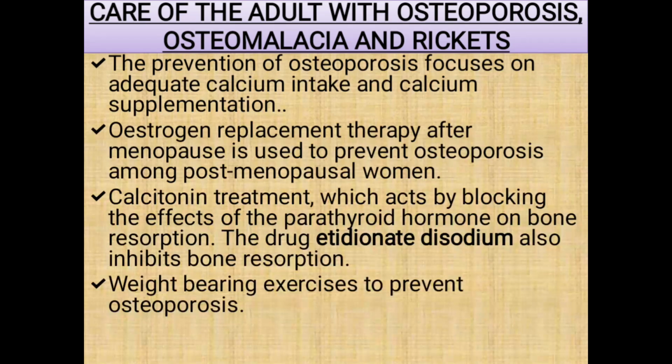So calcitonin treatment acts by blocking the effects of parathyroid hormone on bone resorption, that is bone reshaping. Etidronate disodium also inhibits bone reshaping or resorption. So it inhibits